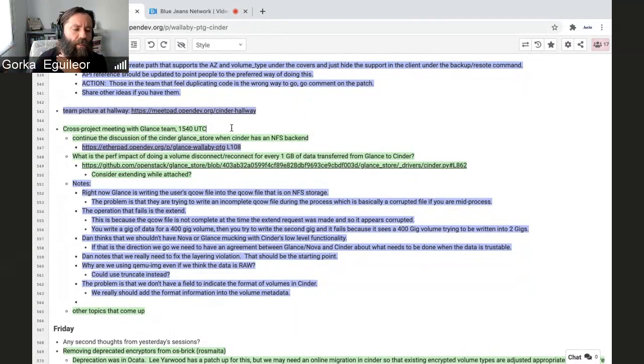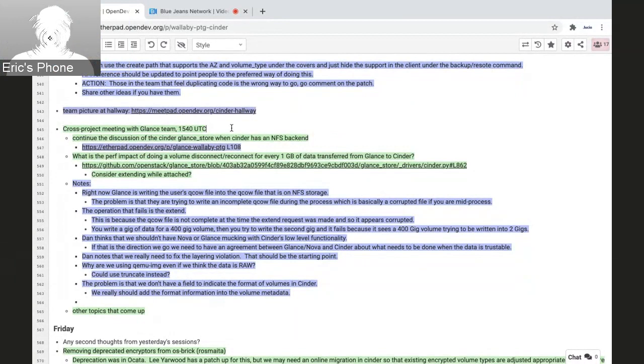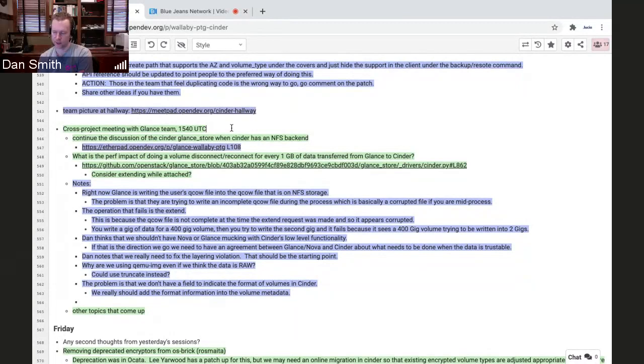But it's like RBD, there are performance implications. I think with RBD, sorry. Yeah, no, I was going to say, I think that also gets into, so you would want to do that for Glance consuming NFS Cinder volumes, but then what about Nova using NFS Cinder volumes? Because you can't. Don't you think that it's a bit of a risk to have Nova writing your low-level format into your backend directly?